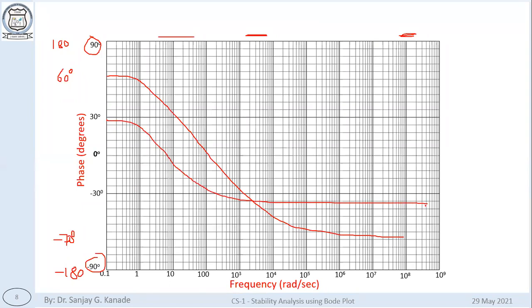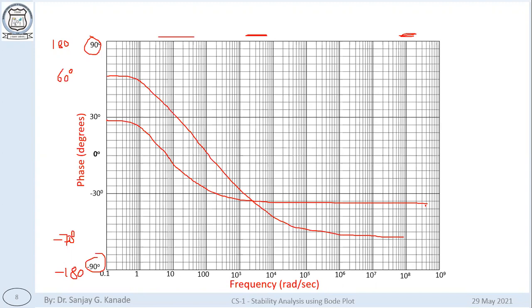And the effect of this is you will not be able to analyze it properly, because based on this magnitude and phase plot, we are going to estimate something. What something? The phase crossover frequency, gain crossover frequency, phase margin, and gain margin. These we are going to estimate from the phase and magnitude plots. So if your graph is very congested, then you will not be able to distinguish between those values clearly, and you may incur some errors. That's why selecting a scale is also very important. You should select your scale properly, logically.